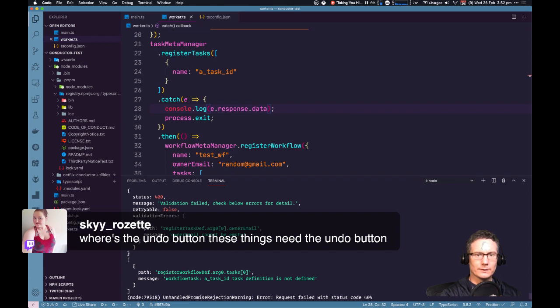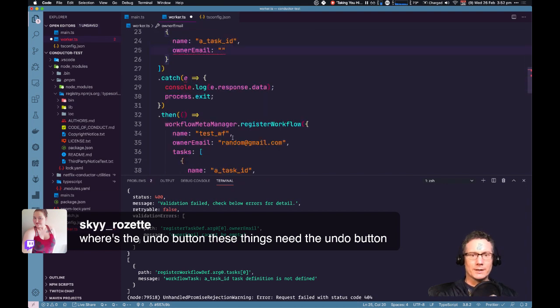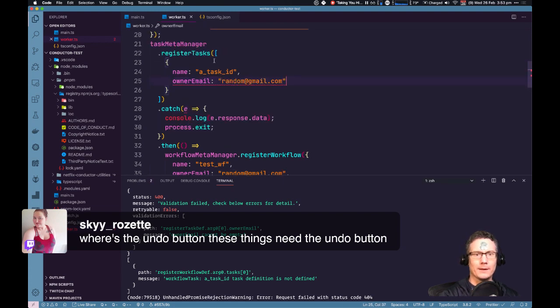This task definition must have an owner ID on it as well. Owner email. Most people are not going to go to this extent to get this thing to run, man. I'm just particularly motivated. And, you know, Eugene's put a bunch of work into this to make it work. And it kind of sucks that people don't get a great experience with it.